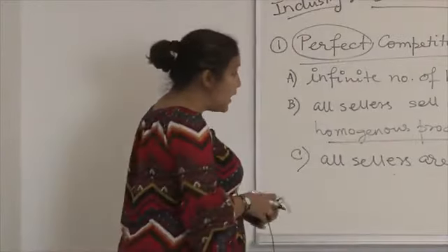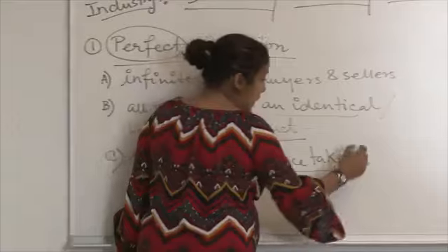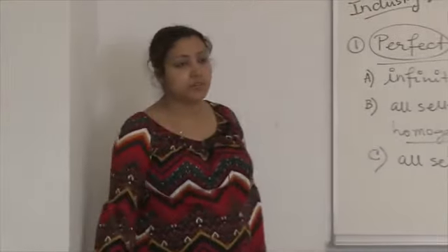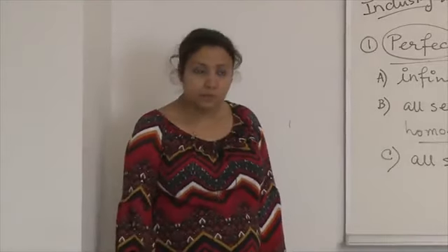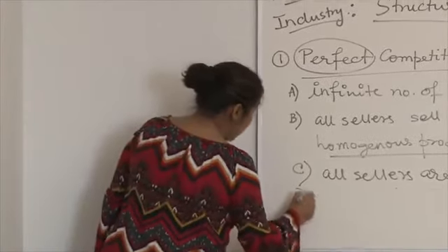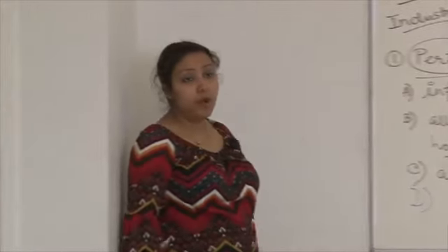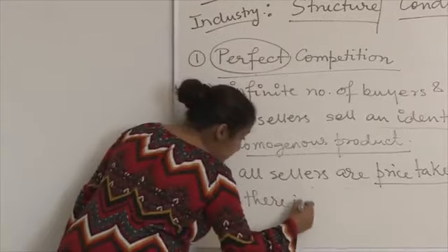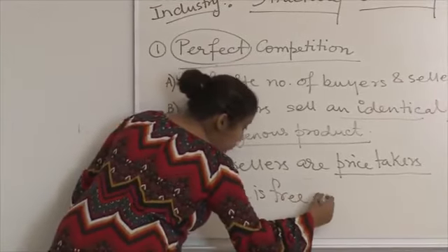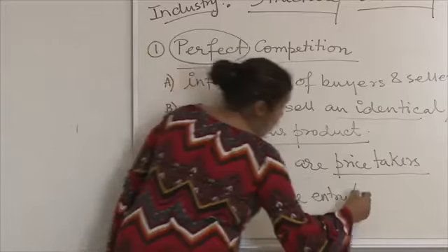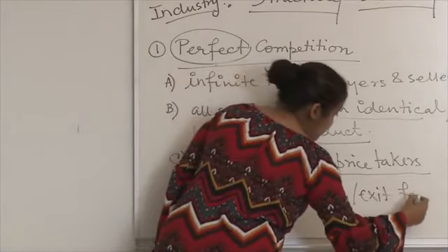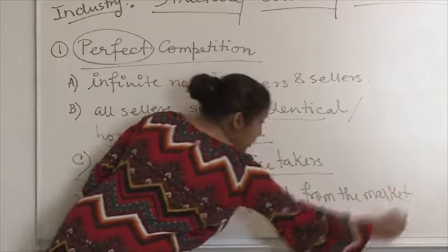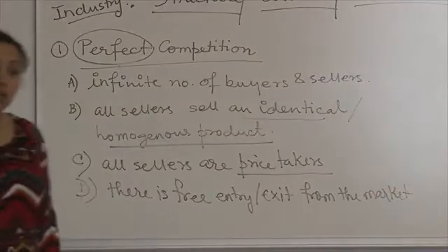So, can we say that they are price takers and there is a single price in the market? There is a fixed single price prevailing in the market. Okay? That is the next point. And the last and final point is that there is free entry or exit from the market. That is also a very unrealistic thing to happen in the real world, because you know that